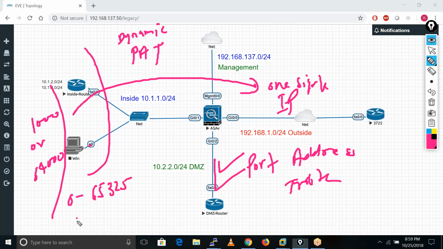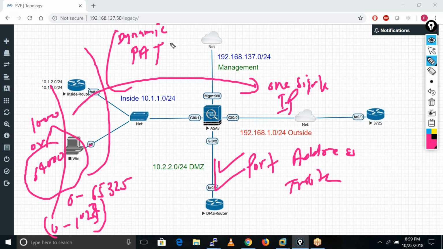Okay, so 0 to 1023 are the well-known ports, so we can only translate up to 64,000 users, or 64,000 sessions, if we are using dynamic PAT. Dynamic PAT is many to one. Okay, many to one. I always forget.